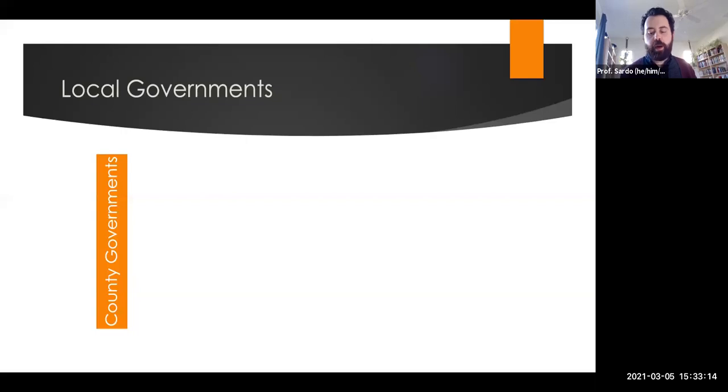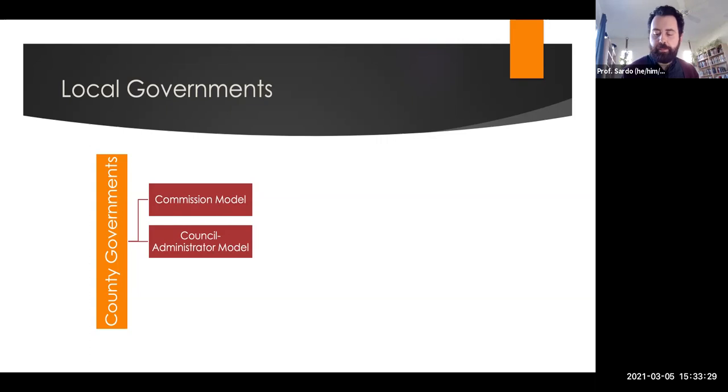So there's three main models if we're looking at the county government. There might be a commission model where the county is governed by an elected commission, where the county commissioners are elected. There's also a council and an administrator model where there's an elected council that then appoints a county administrator to function as the executive branch, whereas in the commission model, both the executive and legislative functions are rolled into the county commissioners. And then there's also a council executive model in which both the county council and the executive are elected. Los Angeles has an elected commission made up of a five-person board of supervisors.